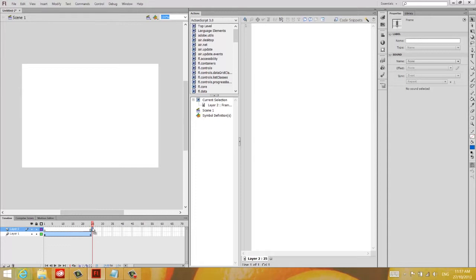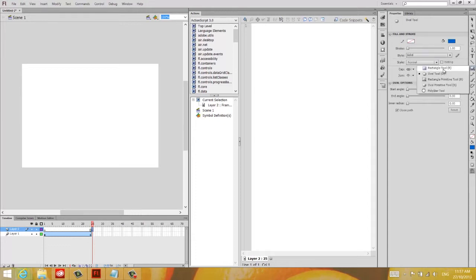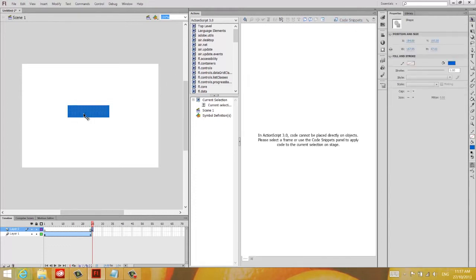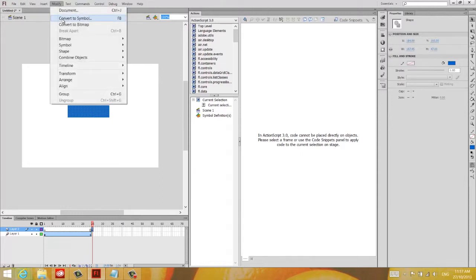This keyframe here is currently blank, but let's go ahead and draw something on there now. So instead of the oval, I'll click and hold, choose the rectangle tool, and just draw a rectangle. Now we're going to use this as a very simple button. So now we're going to convert this rectangle into a symbol. So if I select it with my selection tool, just click on it, and then go to my modify menu, convert to symbol,